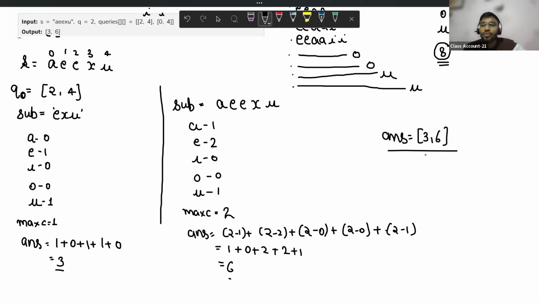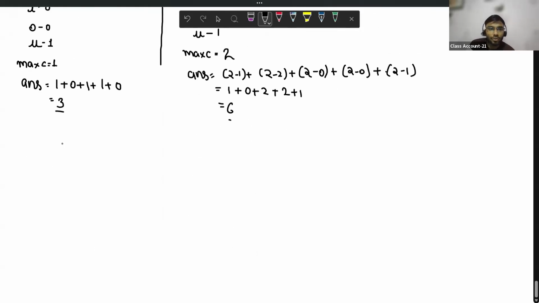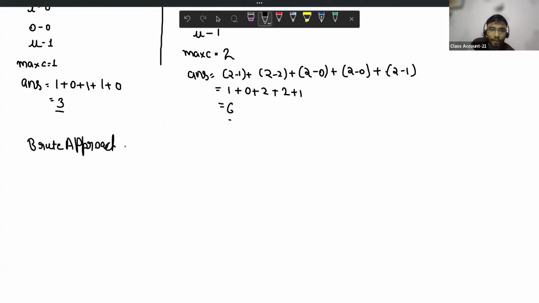This is how the brute force approach, or my mind, works to solve this problem. Using this brute force approach, first I will traverse through the queries.